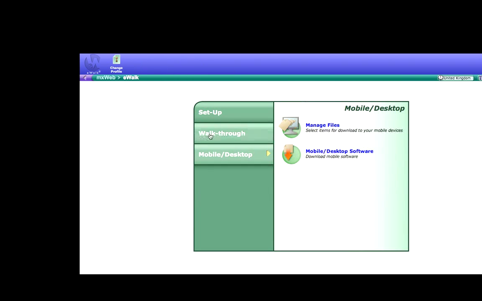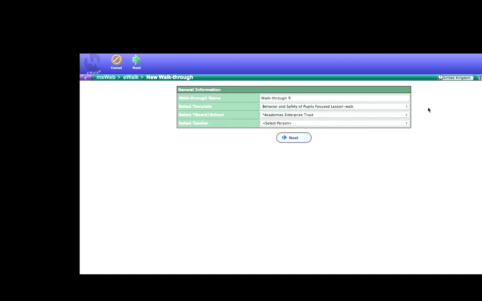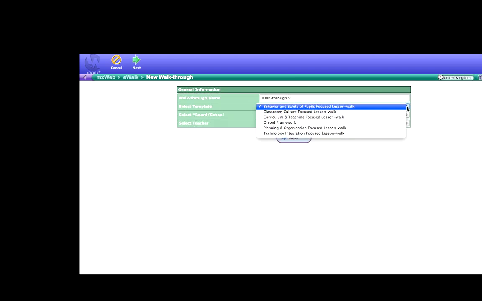Now, going back to walkthrough, I will take a look at what the walkthroughs are like. So right now, for the lesson walks in the UK, I built the Ofsted one, which is a comprehensive one covering a lot of information, and broken that down into individual ones on behavior, culture, curriculum and teaching, planning and organization, and the use of technology. So if we look at the complete Ofsted one,